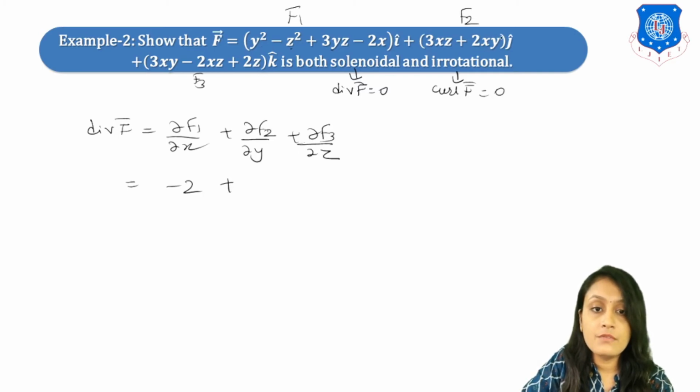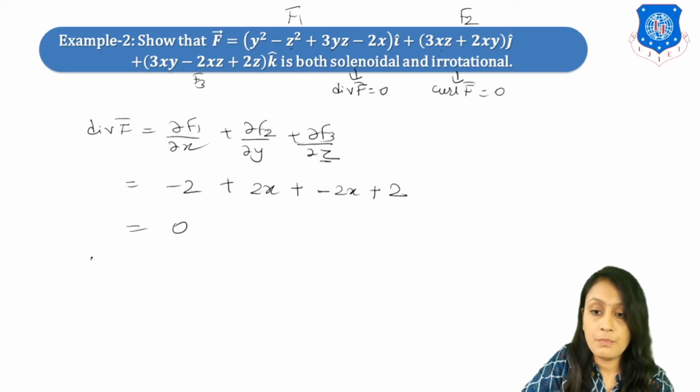Now the derivative of f2 with respect to y: this term is 0, from here we'll get 2x. So this is 2x plus. Now f3, we have to find its derivative with respect to z. This term is 0, from here we will get minus 2x and from here we will get plus 2. So minus 2x plus 2. The plus 2x and minus 2x get cancelled, and the minus 2 and plus 2 get cancelled, so